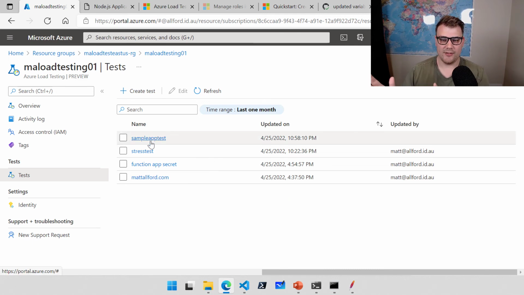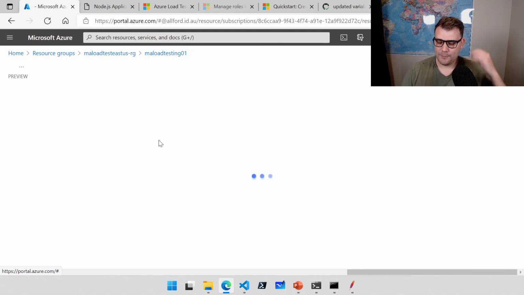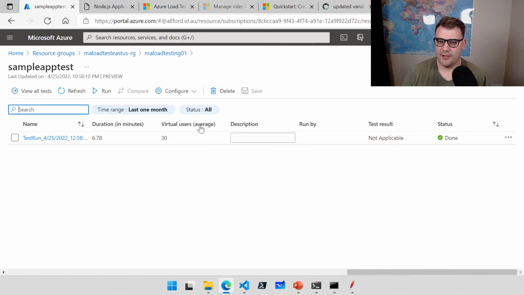So I didn't create that test here. That was all done through GitHub Actions, by using that sample app.yaml file and the sample app.jmeter file. If we go into this test here, we'll actually see the configuration. I could go to configure here and configure the test, but we can see there was one run just from a few minutes ago